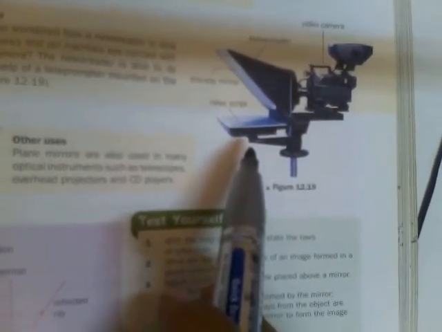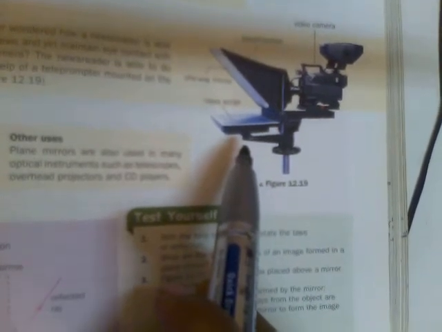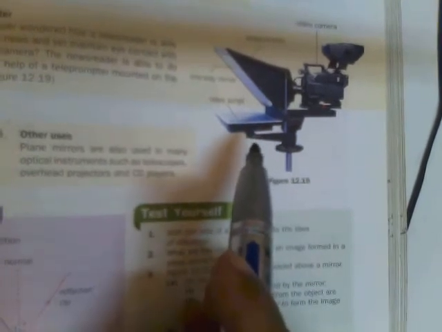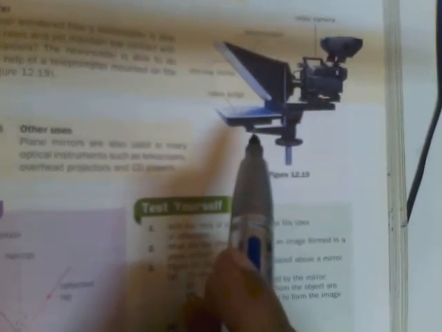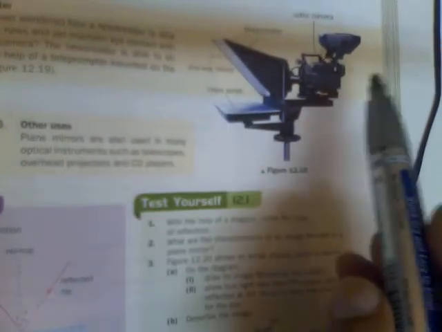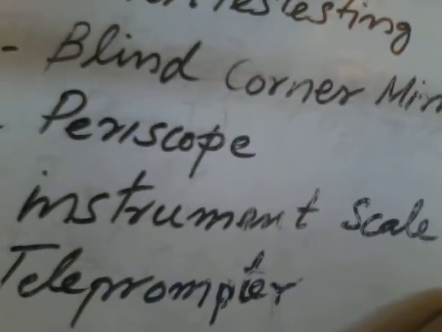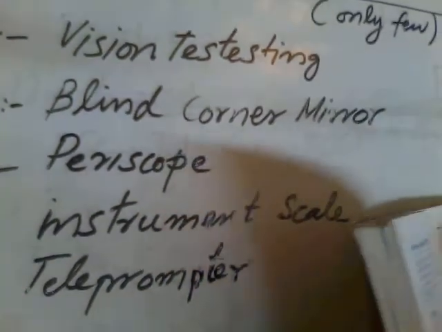it helps the people who are on duty to observe whether your speed was over the limit or not. So along with the camera, the telepromoter, both combined work and help the observer to watch the speed of the vehicles. I told you in the beginning that these are only a few. There are many uses, but we will discuss only a few.